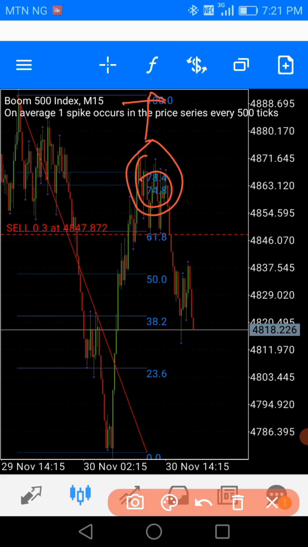Then your stop loss would have been above the two highs of the double top. That is if it eventually gets to 100. But now it got to the 78.4 and 74.8 levels, and I discovered the market started struggling around that area,